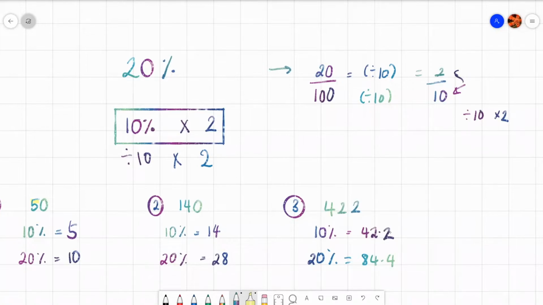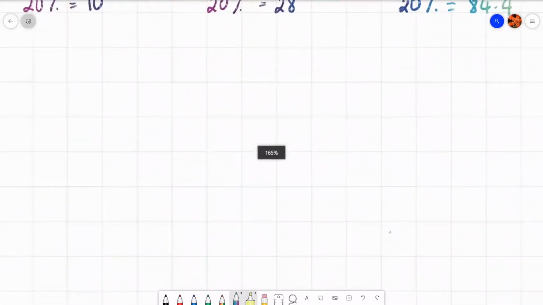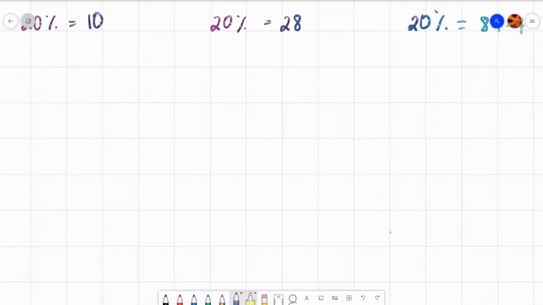Obviously, once you know you can work at 10%, you can work at anything. So let's have a look at working out some questions then. Lots of different ones we'll do. We'll do a variety of different questions to have a look at. So let's first of all just do work out 30%